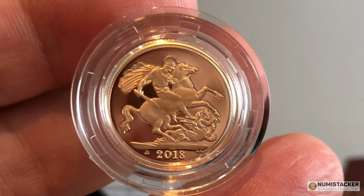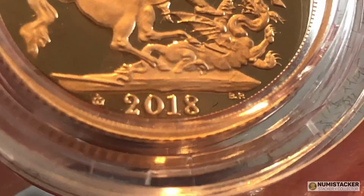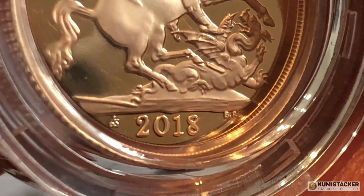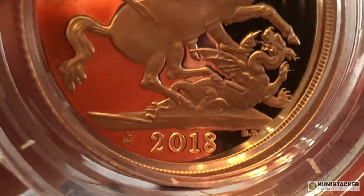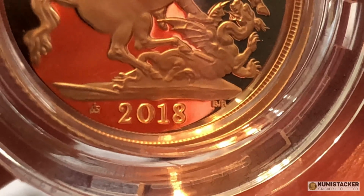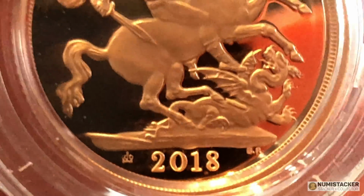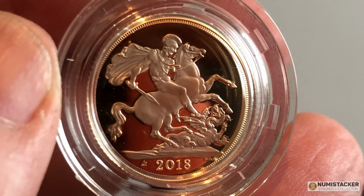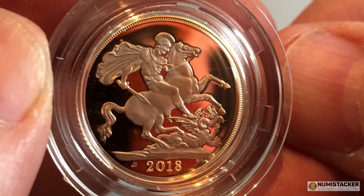Beautiful mirror finish, beautiful frosted devices, and then 2018 is the year, and you've got the little 65th anniversary privy just on the left hand side there, just to the left of the date, and BP underneath the St George and the Dragon for the initials of Pistrucci. And keep an eye out for one of the later videos in a few days' time where we take a look at the 5 sovereign piece, because that is a little bit different at the bottom with a little bit of extra space. So I mean, it is a pretty stunning coin,